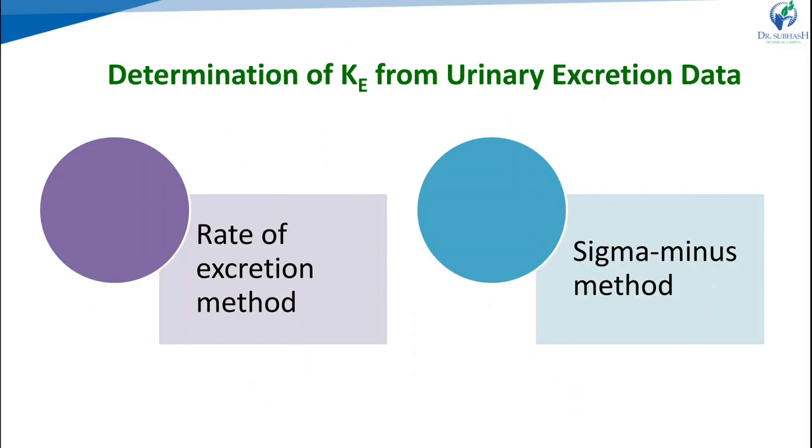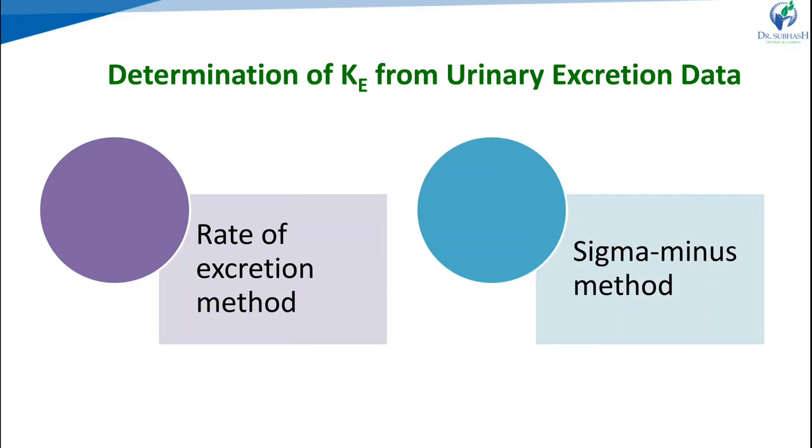During sampling, the exact time and the volume of urine excreted should be noted. The individual's collection period should not exceed one biological half-life of the drug, so ideally it should be considerably less. Changes in urine pH and urine volume may sometimes alter the urinary excretion rate. So these are the criteria for valid urinary excretion data.